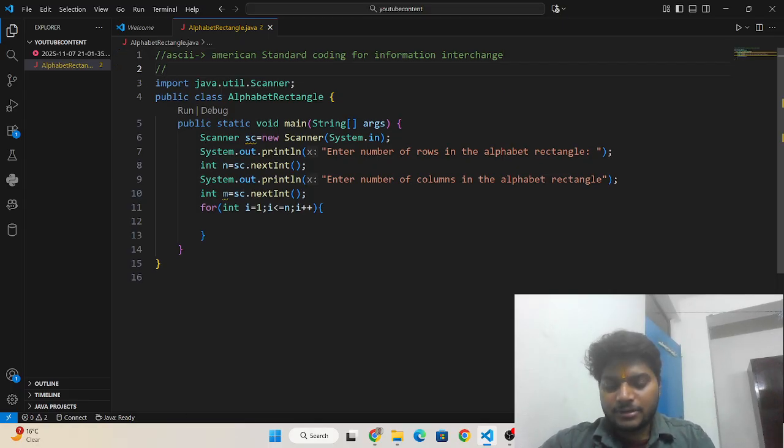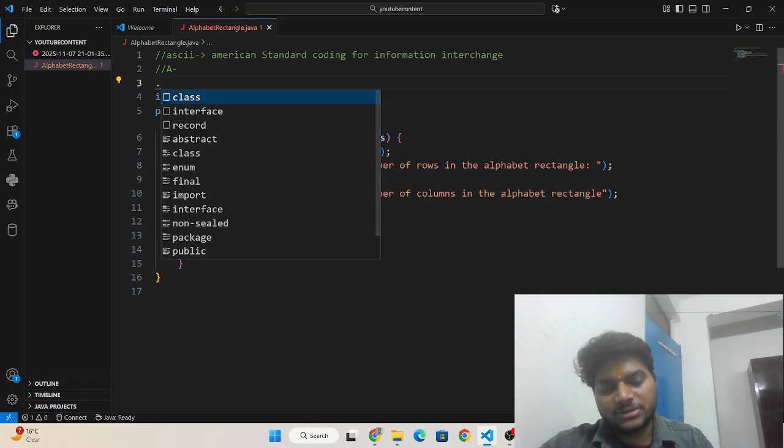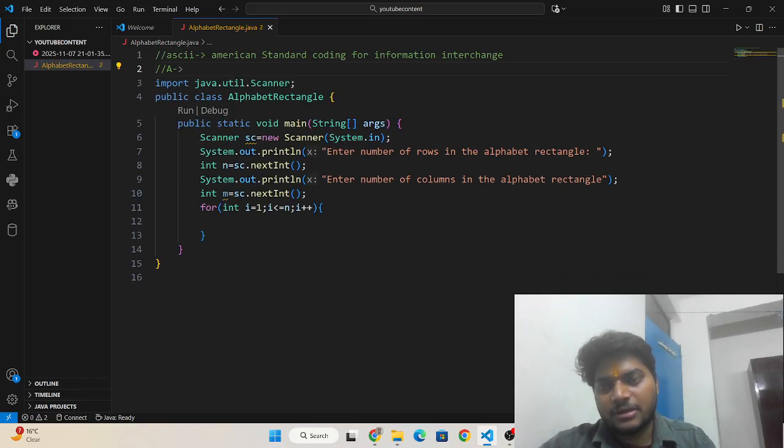The ASCII value is different for each character, each number, like a hash. For example, if I have the capital character A, then the ASCII value of capital A is 65, okay.